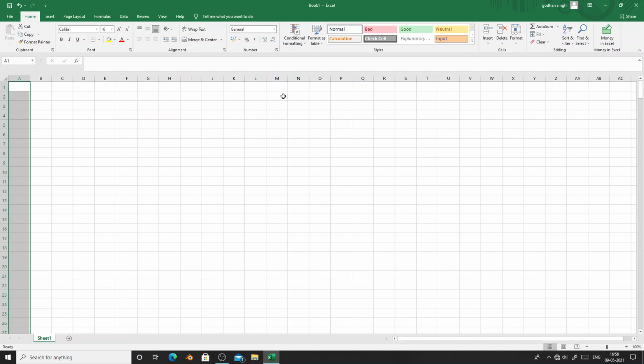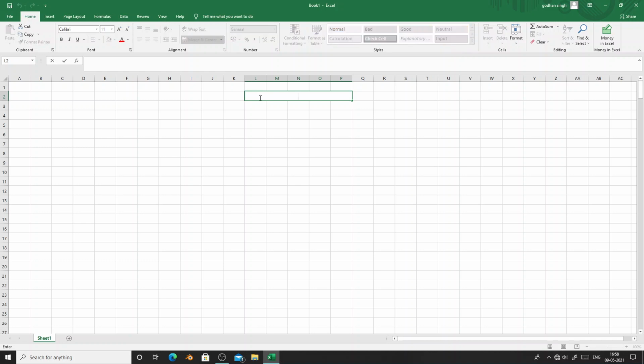Next we'll write down the heading, that is our practical one will be addition and subtraction of matrices. So for that we can take 3 or 4 cells together. So I am taking here say 4 cells, and then click on merge and center. So we can see that all the cells have been merged. So let's write here. Click on that merged cell.